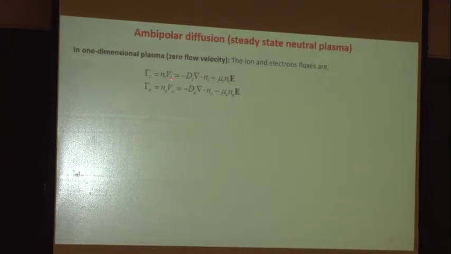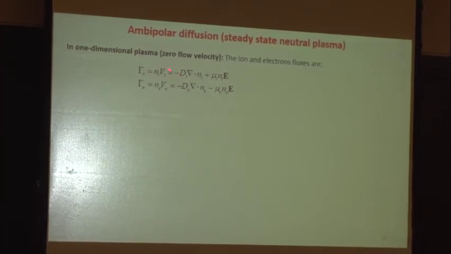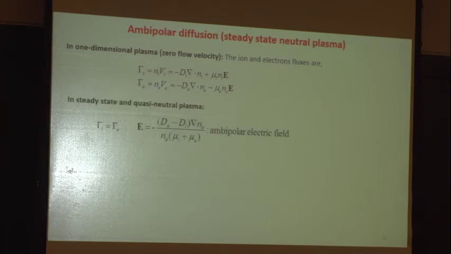If we write down the diffusion process as equal to the electron mobility times the concentration gradient, in the steady state case, and because plasma is neutral, right? Neutral means that the fluxes have to cancel each other. Therefore the flux of ions and electrons has to be equal. If you equate these two equations,